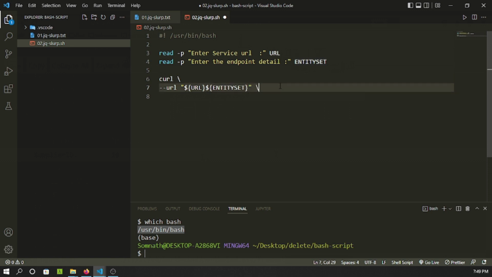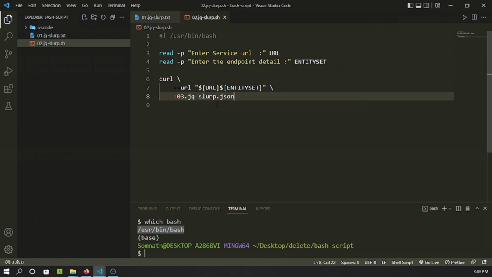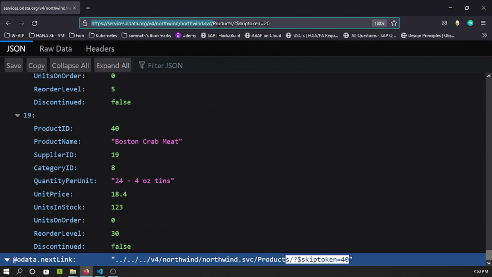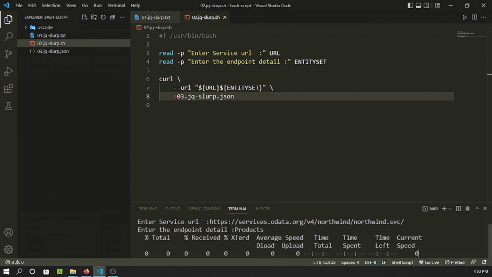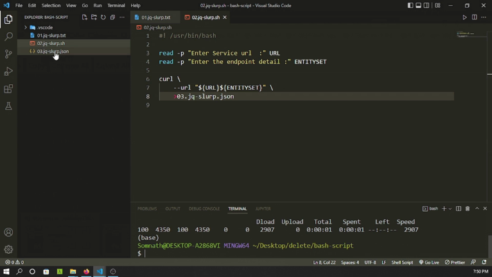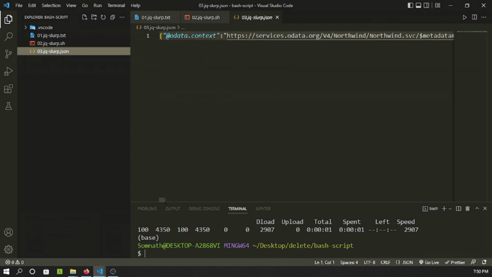Fine. So next I want to add this value, or whatever the curl command will fetch, the same thing I would like to add in a different file. Let's say 03.jq/slurp.json, right? Save it, and let's run this file called 02. So it's asked for the URL. So let's copy the URL and put it over here, followed by the endpoint or the entity products, and it's basically downloading the content and creating a new file. But it all ends up in a single line, and all these 20 records it fetched again,